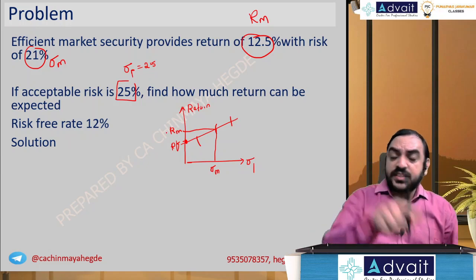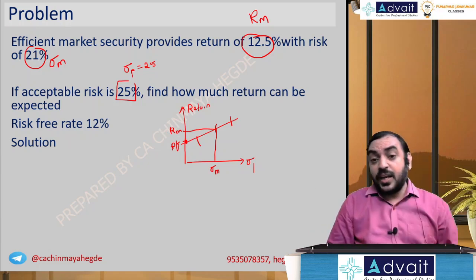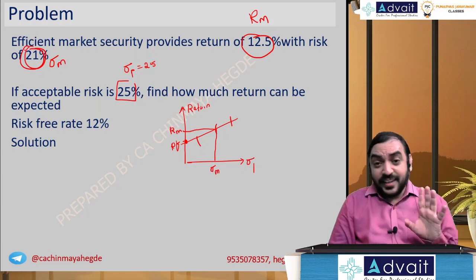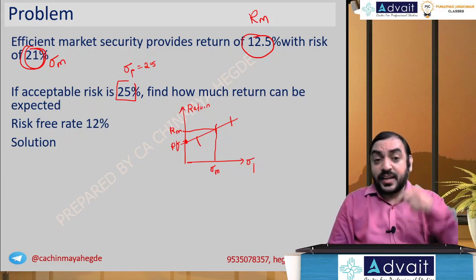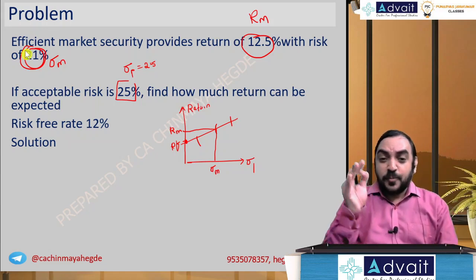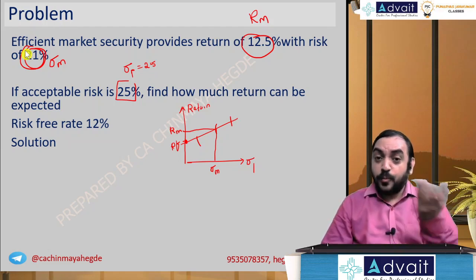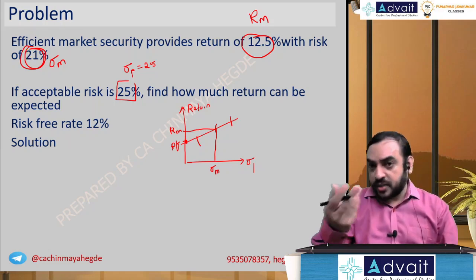So what is your risk here? You are taking 25% risk. The acceptable level of risk is 25%, but market risk is 21%. So are you taking more risk than the market or less risk than the market? 25 is more than 21. So it is more risk than the market, right? So when you take more risk than the market, you should get more return than the market. Another way of understanding, or another way of calculation,